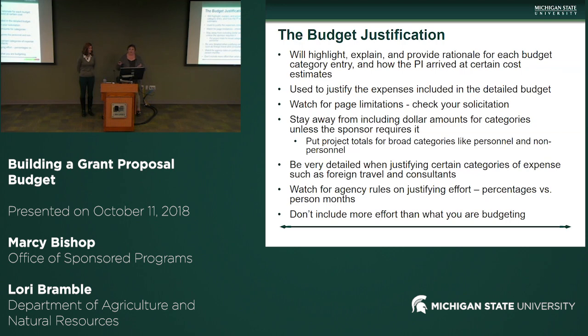Same thing for OSP. Your review of your budget and your approval is going to go so much faster if we know what you're asking about, because it's going to really eliminate all that back and forth. So if you have a budget justification that lines it all out, you're probably going to be golden. And then also in your budget justification, make sure that you're not using more effort for individuals than what you're budgeting for, unless you have that mandatory cost share. Okay, and then you want to line that out very carefully.